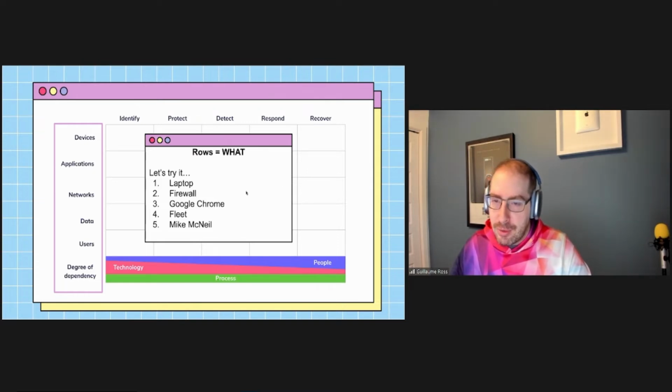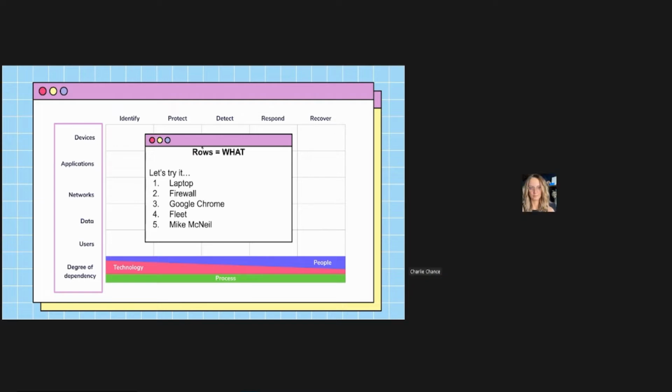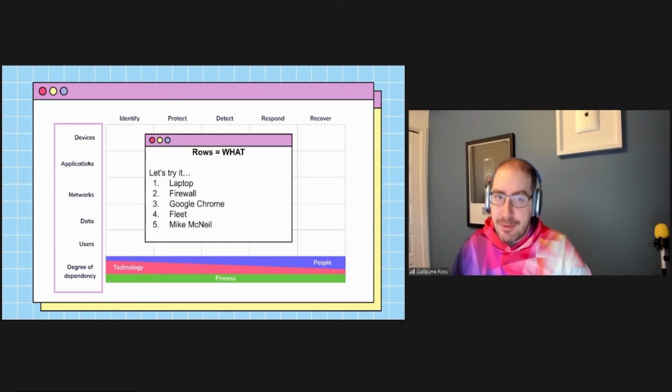Charlie, where do you think Google Chrome fits? I feel like it would be an application. Okay, all right, perfect. That's the other thing that's not clear when you start using the cyber defense matrix. And it is that when we talk about applications in this context, and I didn't tell you before, right? So I was totally expecting you to say applications, but when we talk about applications in this context, these are